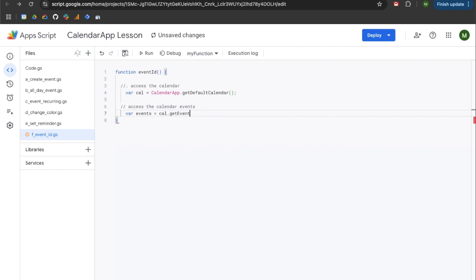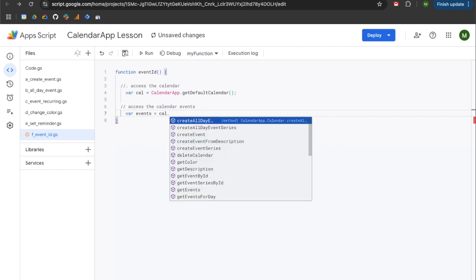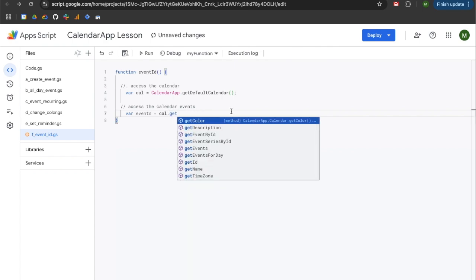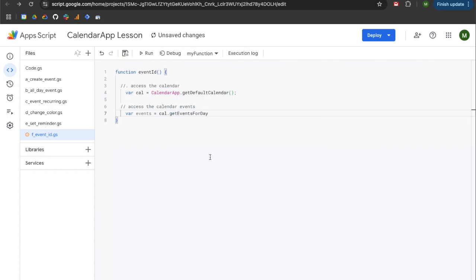You have a couple other options if you wanted to do this. If we do .get, you can get events, which I think is just all your events, or you can get events for day. You could also do get name, but I don't think you could actually use get name. I think that would just return a name based upon some other. So for my purposes, I find it most efficient to identify a date for an event that I want to